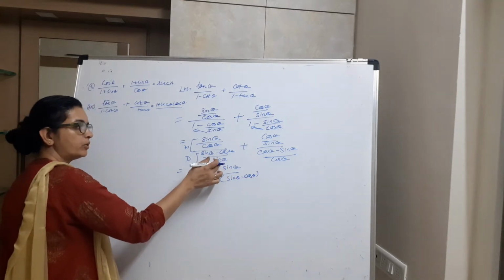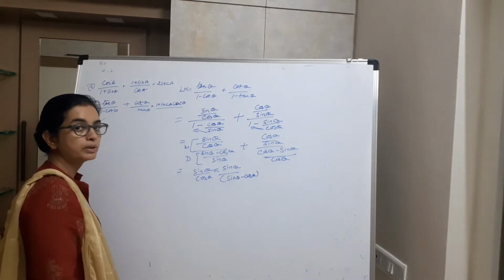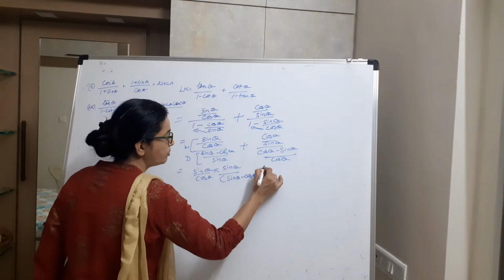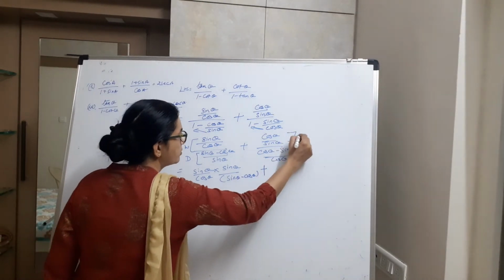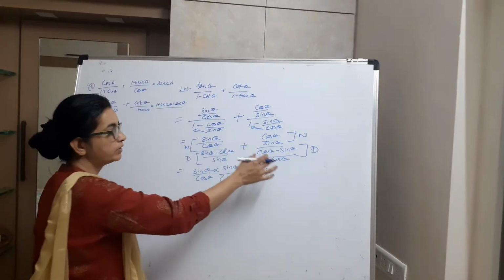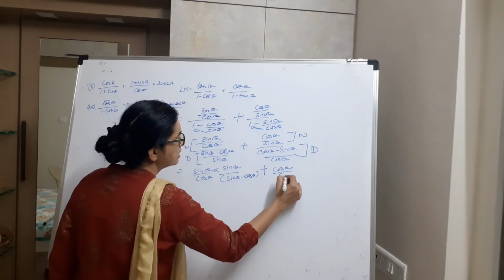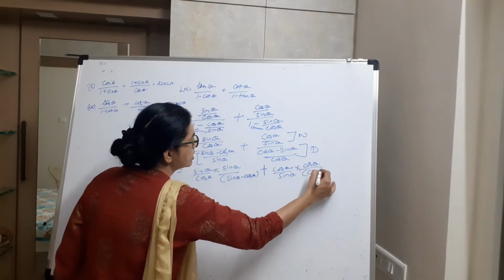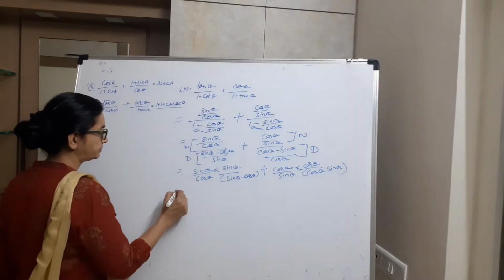On taking the reciprocal, sin theta will go to the numerator and sin theta minus cos theta will come in the denominator. Put them in a bracket. Still don't mingle. Let the plus sign be as it is. In this step again, this is the numerator, this is the denominator. Take the reciprocal of the denominator ratio. Let the numerator be as it is. On taking the reciprocal, we get cos theta in the numerator and cos theta minus sin theta in the denominator.